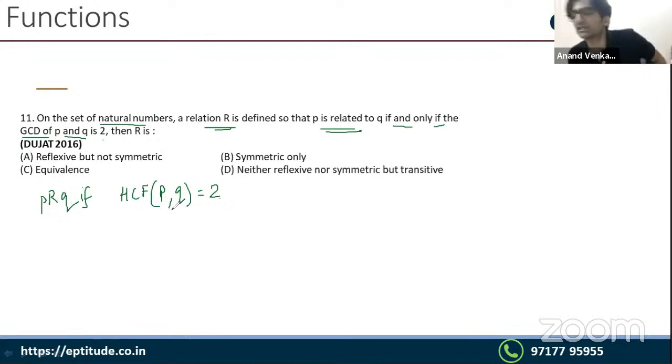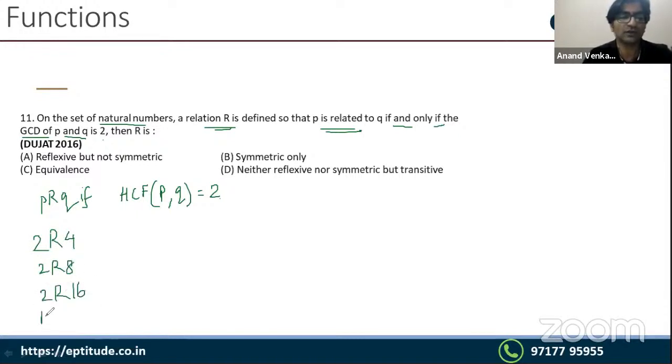सो कैन यू थिंक ऑफ एग्जांपल्स फॉर दिस, जो कंडीशन जिसमें p और q रिलेटेड हो। सो फॉर एग्जांपल 2 is related to any number, any even number will be related to 2, 2 will be related to 4, 2 will be related to 8, 2 will be related to 16, 2 will be related to 30 and so on। So as long as one number is 2, it will be related to everything else। अगर एक नंबर odd है तो फिर ये रिलेशनशिप एग्जिस्ट ही नहीं करेगी, क्योंकि HCF 2 नहीं आएगा। तो ऐसे भी नंबर्स हो सकते हैं, लाइक फॉर एग्जांपल 4 इज रिलेटेड टू 6, क्योंकि इन दोनों में कॉमन फैक्टर तो 2 ही आ रहा है, या 6 इज रिलेटेड टू 8, इन दोनों में भी कॉमन फैक्टर 2 ही आ रहा है।